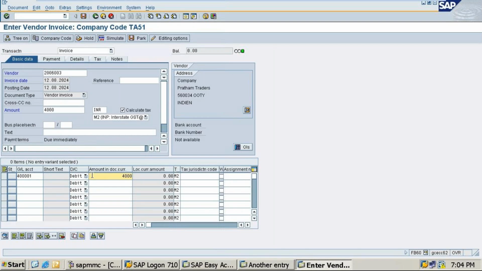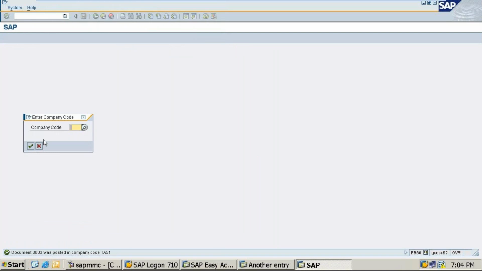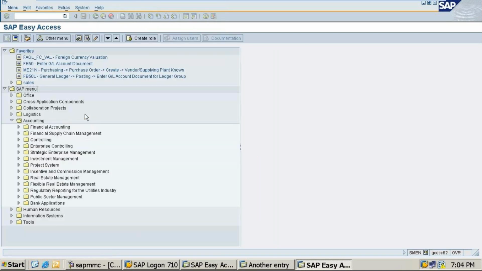Ma'am, for UT vendor, do we have to enter house number, postal code, and region? Everything you have to fill.